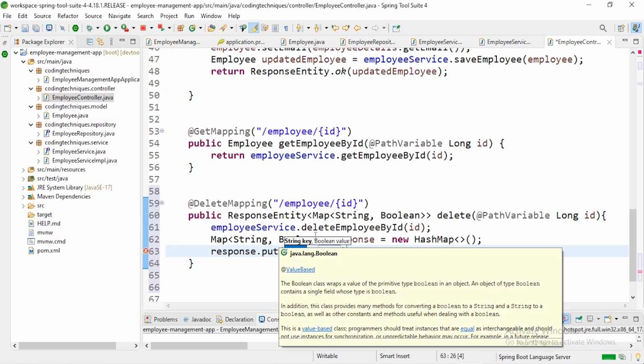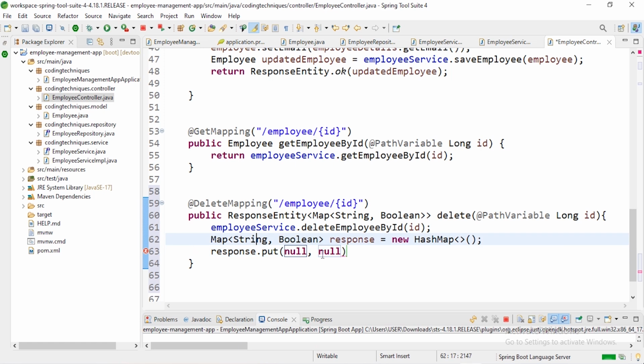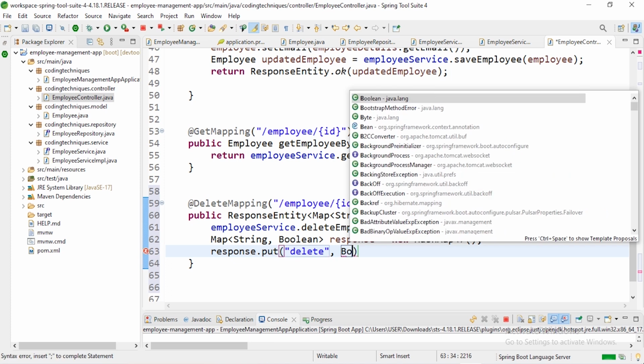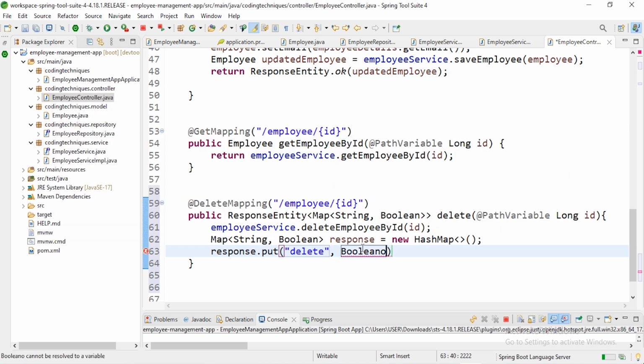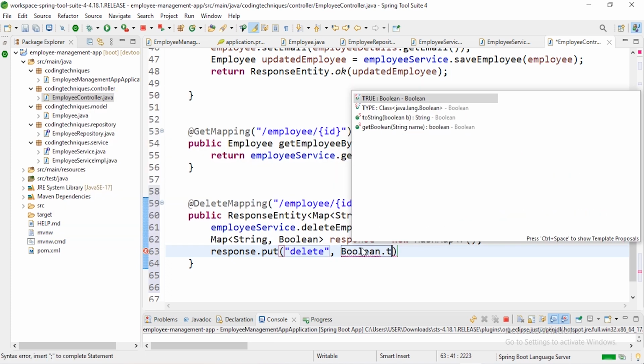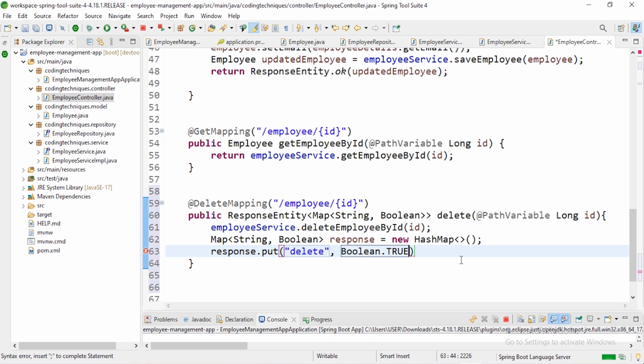So the string is that we pass deleted. We will check if it is deleted, then we set this to true using the boolean dot true. So that is all, and let's return